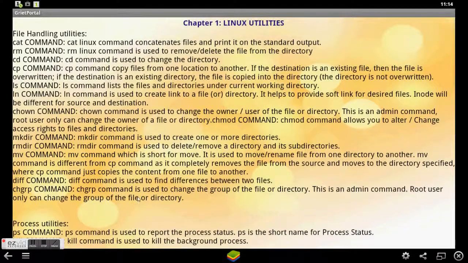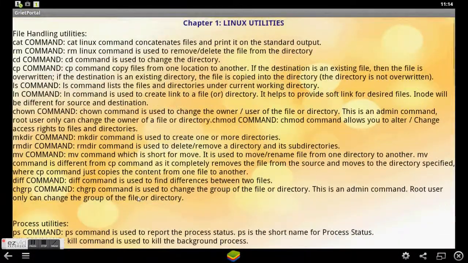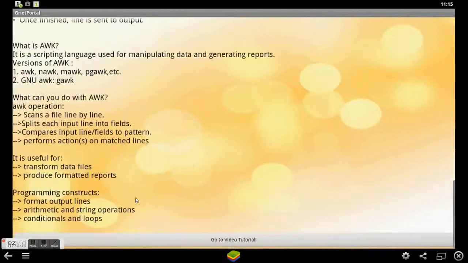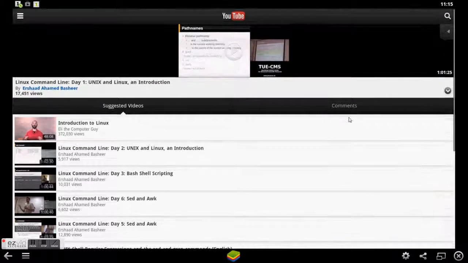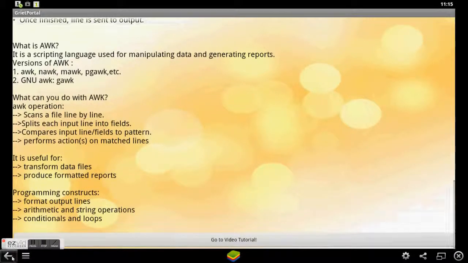For example, Linux Utilities: you have the study material, which is a consolidation of all the important points from that particular chapter of Linux. Now you can just read it from here and go to this button called Go to Video Tutorial. It will redirect you to an awesome video lecture on YouTube, which you can simply go through, and you shall be thorough with all the concepts of Linux. Also, it will give you links to some other great tutorials from other universities, which you can just click on, now that you're already on YouTube, and understand the chapter in a much better way.